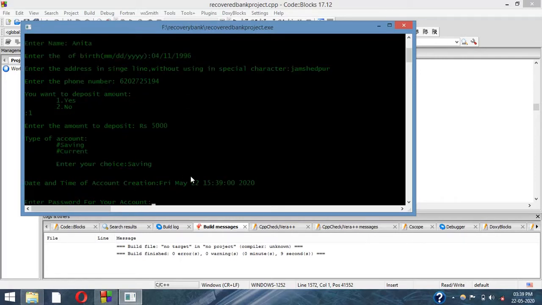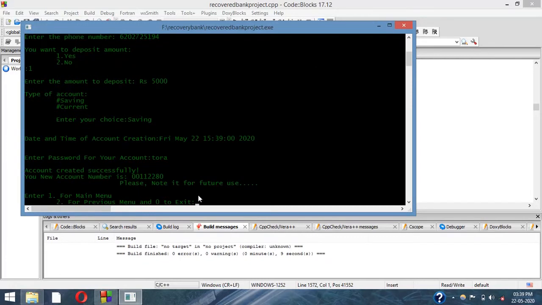So you can see here is the date and time of account creation, since I am creating the account at 3:39 p.m. and the date is 22/5/2020. So here it is asking for the password, so I will be giving the password. So here the first account is created and the account number is 00112280,